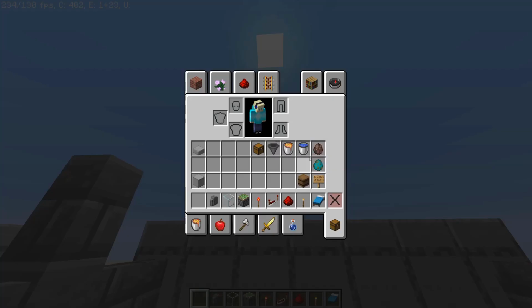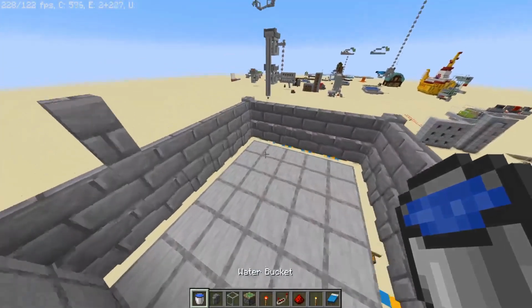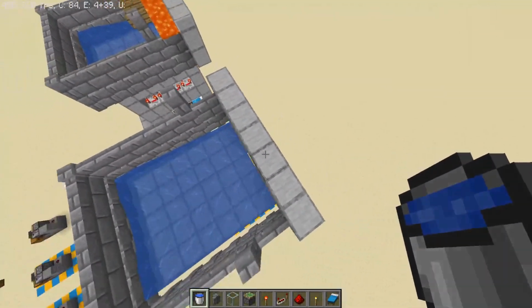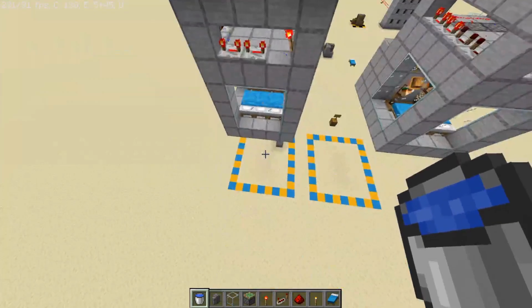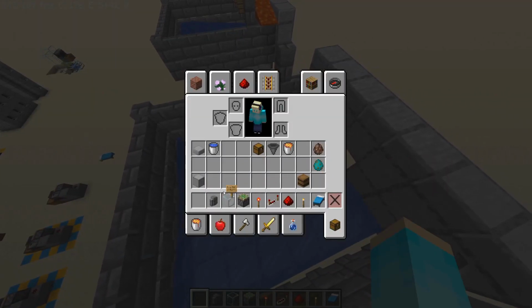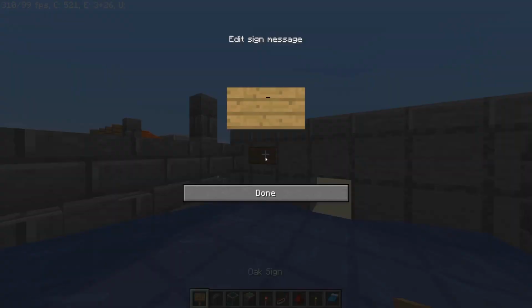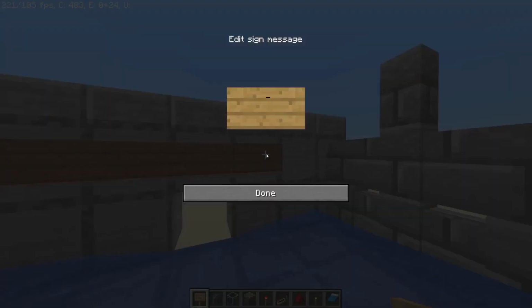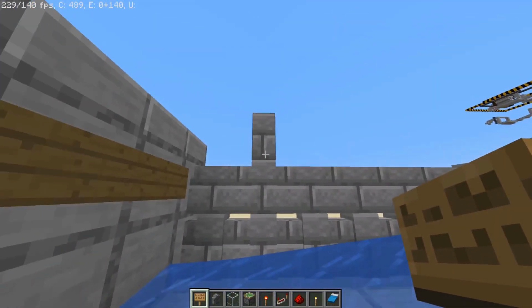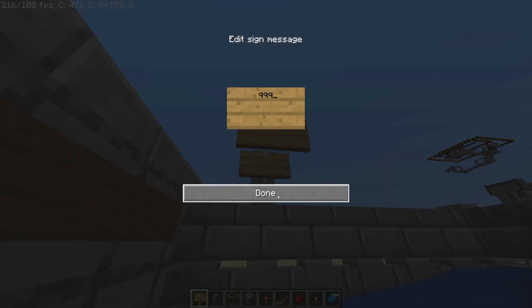Then you're going to grab your water bucket, and place it in each corner so that the water flows like such. And you should not have water flowing over the edge here. If you do, you've built this 1 block too short. Then grab your signs and place them in as such to prevent the lava that you're going to be placing in from flowing down onto the stone. Then use these side stone pillars